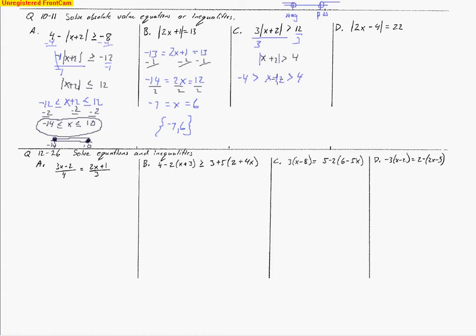See, x plus 2 is greater than the positive, less than the negative. So this is going to be a disjunction. That means it's going to be an or statement. So we're going to have to use the word or in between when we come up with our answer. So here I'm going to take away 2 from all sides. And when I do that, I'm left here with a negative 6 is greater than x, which is greater than